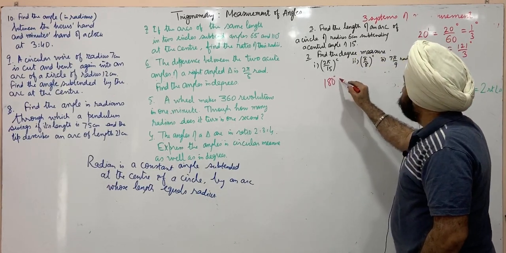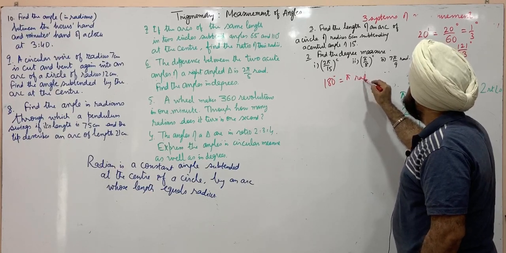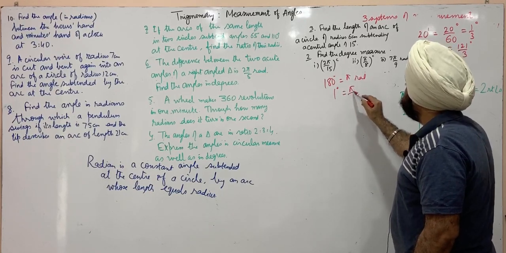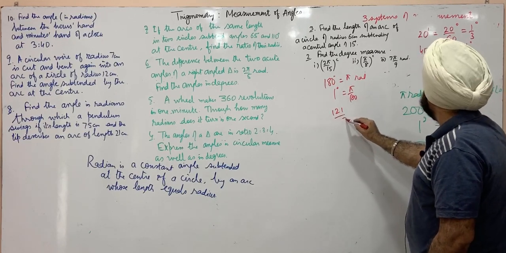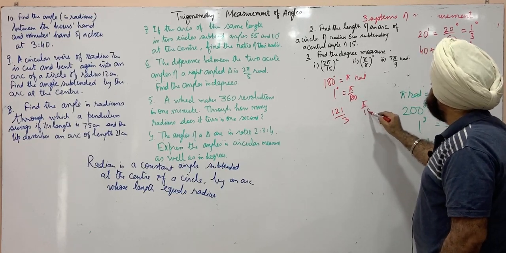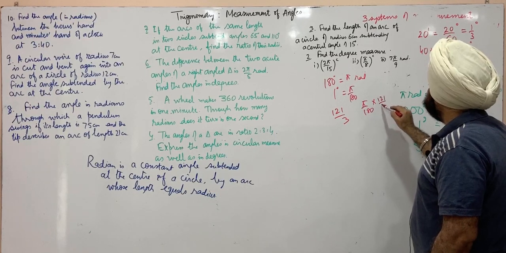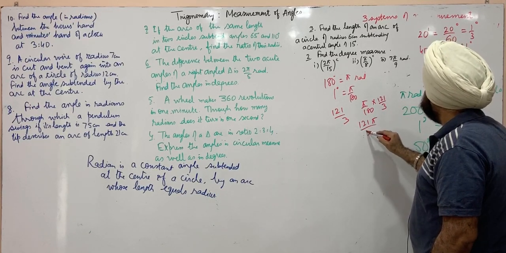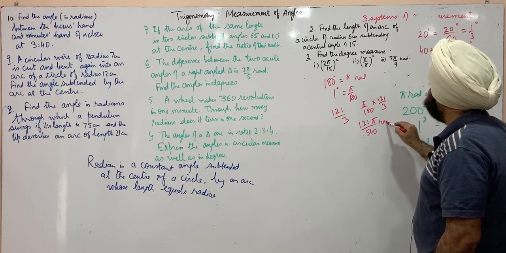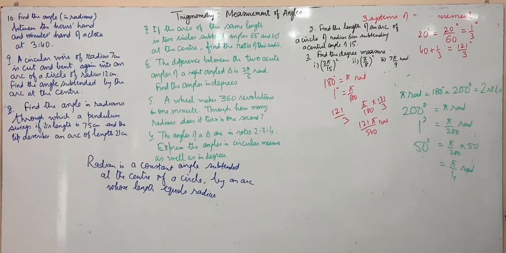180 degrees is equal to pi radians. 1 degree is pi by 180 radians, and 121 by 3 degrees will be pi by 180 into 121 by 3. That's 121 pi by 540 radians. Now coming to the next one,